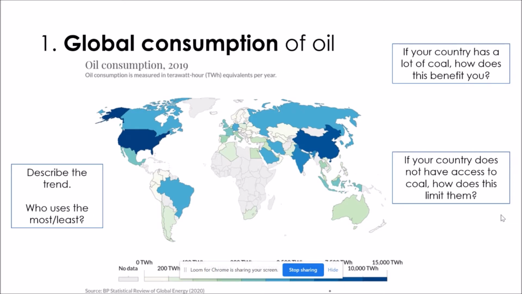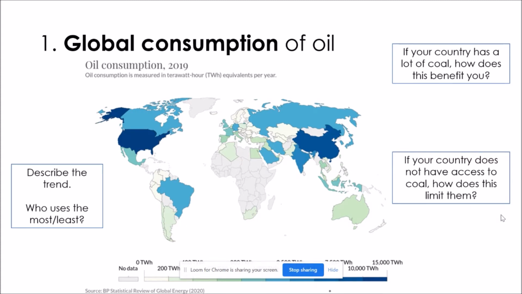large amount. If we contrast that to the lighter colours, so you have to be careful here to ignore the grey colour because we don't have data for those countries in terms of oil consumption, but you can see that there are some in the northwestern corner of South America, along with other countries such as the Scandinavian ones. We can see Sweden at the top of Europe, for example, is not using a lot. So making sure that you have got a good understanding of an ability to describe distribution of something across any